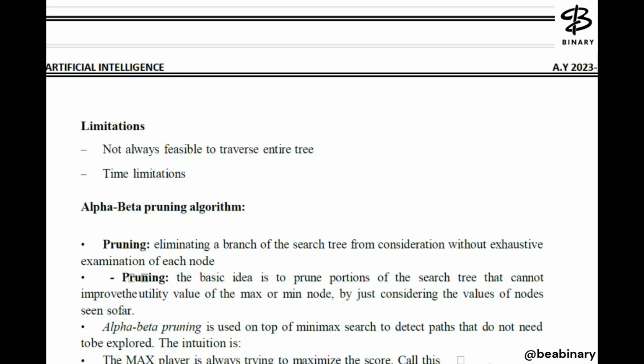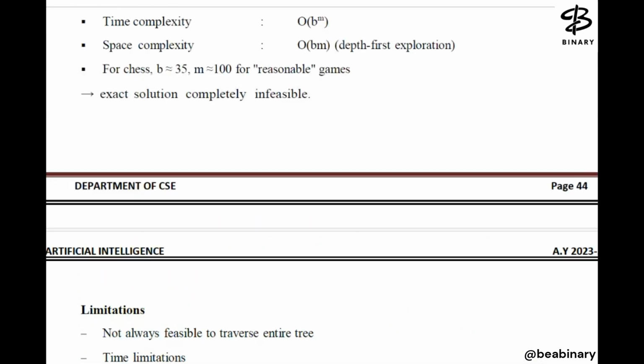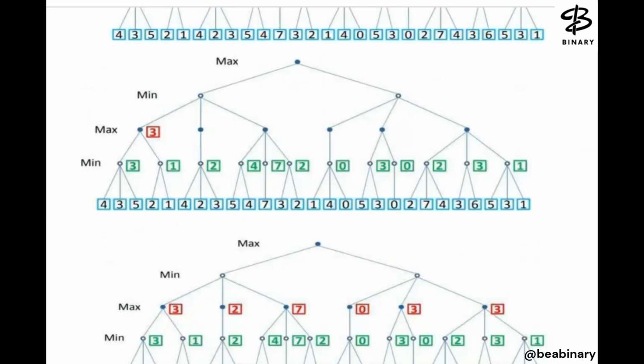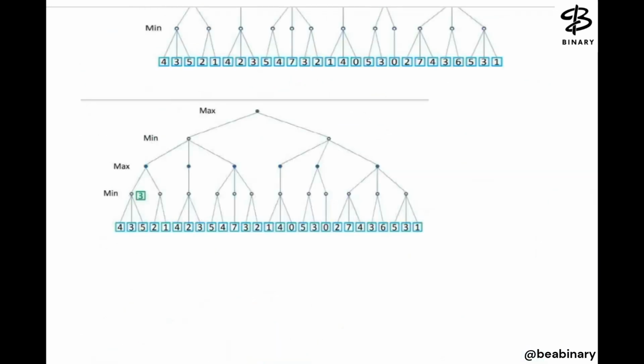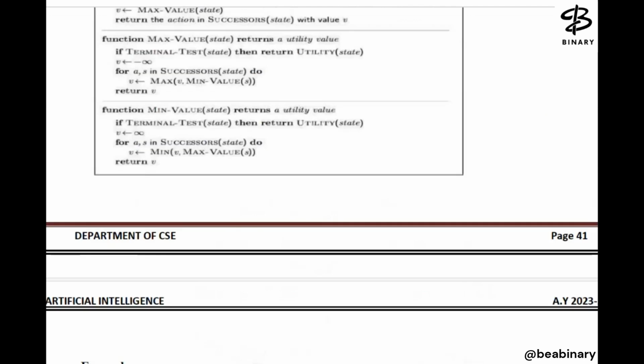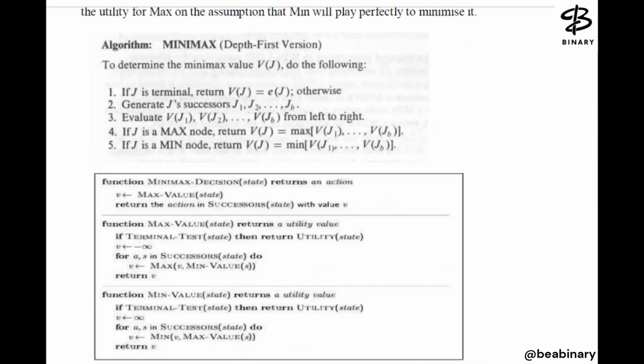Now for this we will see the further improvement, the further algorithm, the alpha beta pruning algorithm. We have discussed the minimax algorithm and how it works. It works according to the minimum and maximum function, generating the minimum and maximum values in this example. With the help of a graph, you can see here, and with the help of an algorithm, we can understand